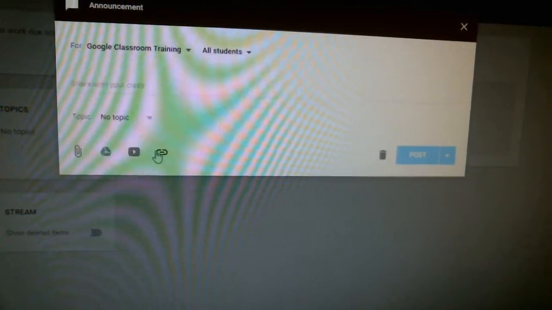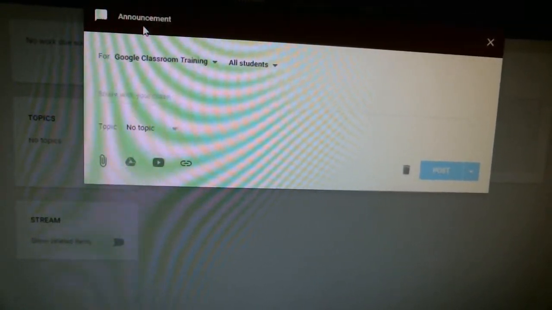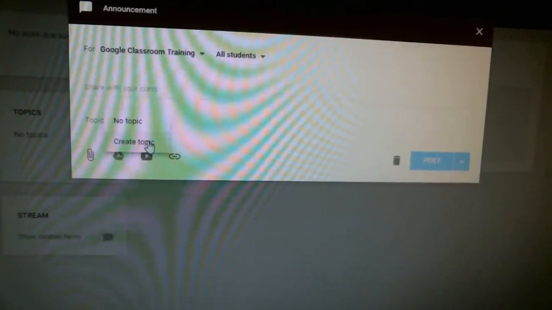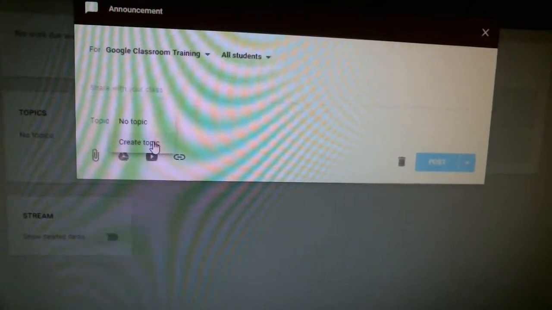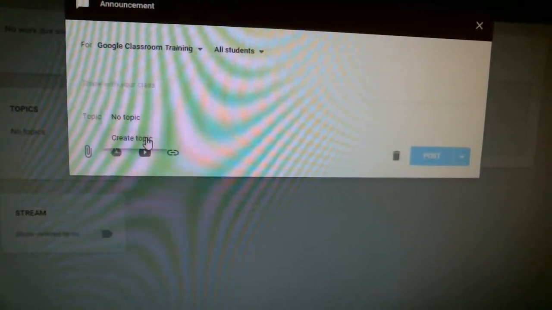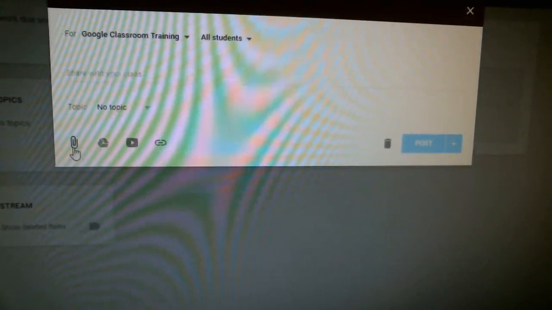For all three of the options as well, announcement, assignment, and question, you can change the topic title. So you could create the topic title to be math, ELA, science, or you could get even more specific, algebra, or novels, etc. The other thing you can do is attach